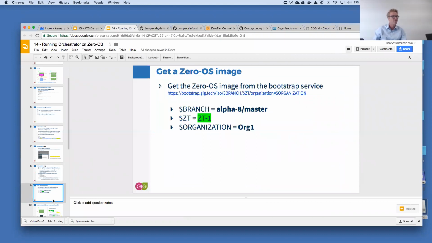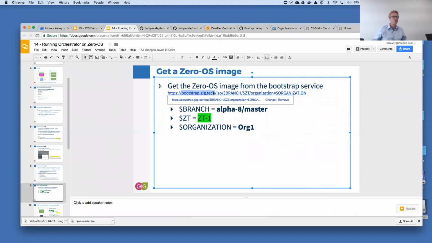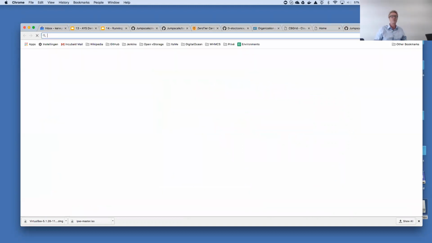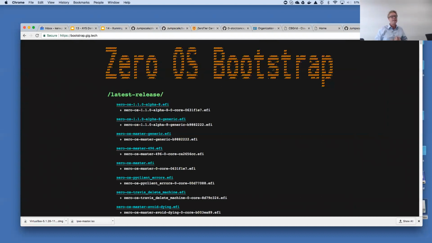Now, finally, what really needs to be done now is you need to host. And in order to install a host, you need to download an image. And remember, you typically download an image from the Bootstrap service. The Bootstrap service, for those that still need a reminder, is basically this public website, where you can download ISO files, FE files, the kernel, whatever you need, whatever version, whatever branch. That's where you download the image for booting.